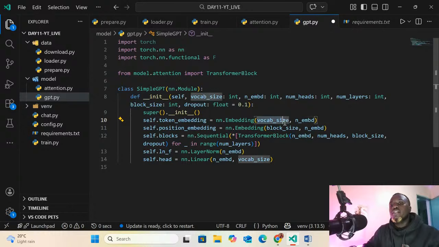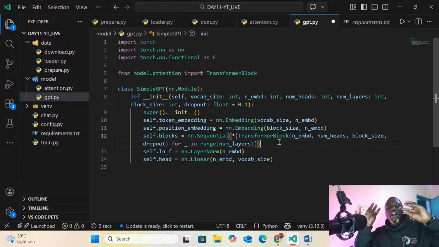Just to explain the vocabulary size: we have this chunk of data, so we need to extract the juice from that data, and that can be the vocabulary size. Whenever our model is giving out the output, we don't want it to over-explain; we just want it to be moderate depending on the input from the user.